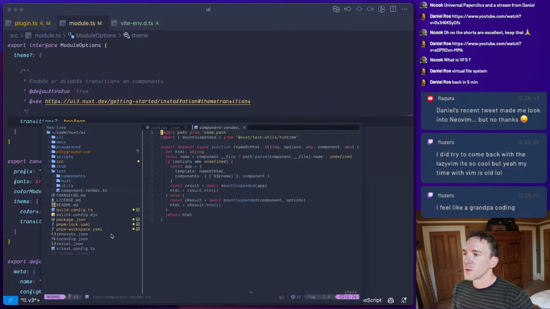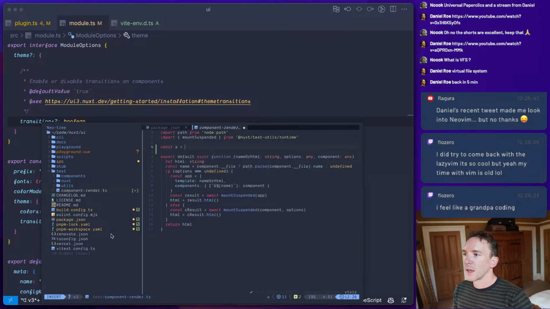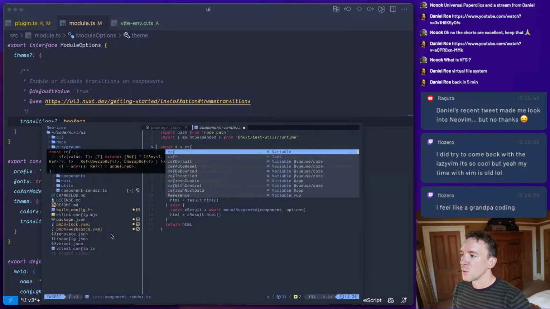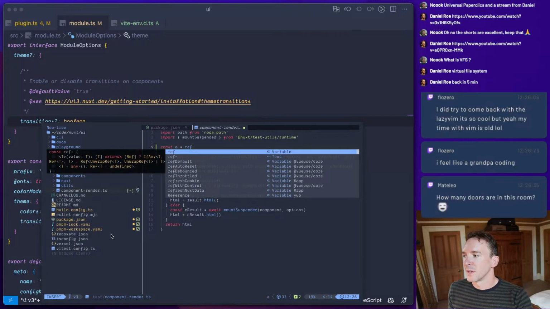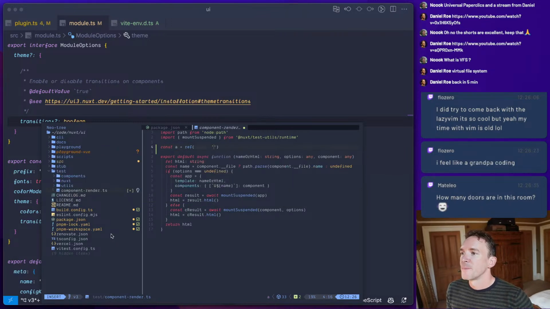And even if you're typing in here, you would do something like const a equals ref. You get sort of autocomplete. So all the same stuff that you might be used to in VS Code, and this is not a bad sort of experience, right?